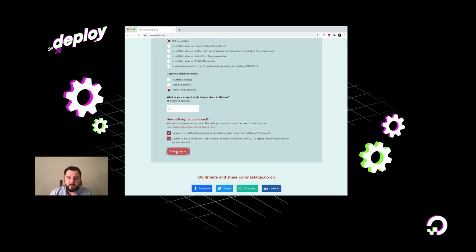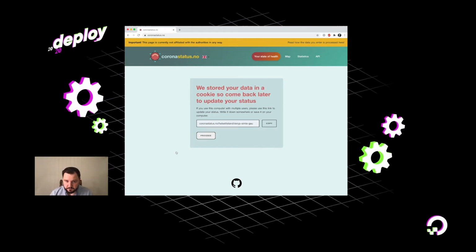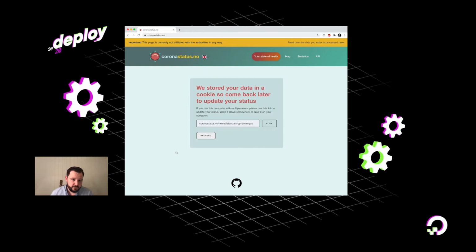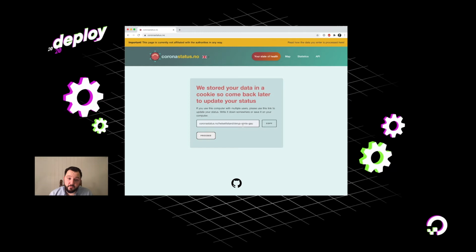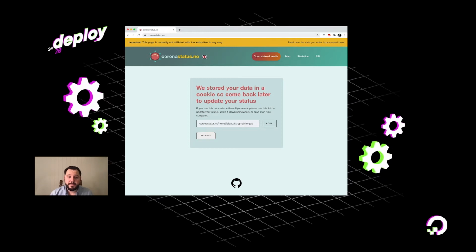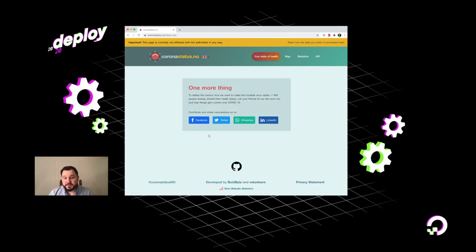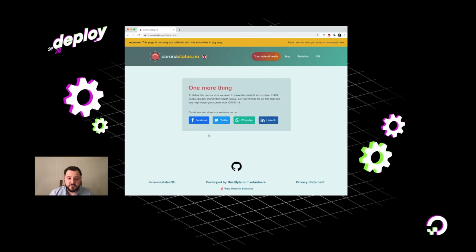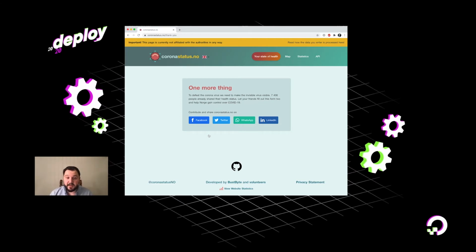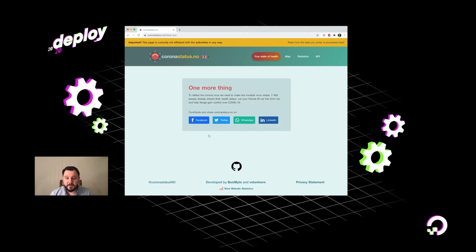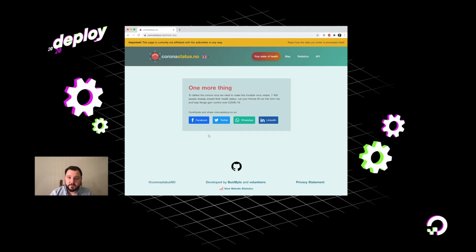And when you submit the report, you'll be told that we've stored the cookie in your browser. So you can simply revisit the website if you want to do that. Or you can manually write down this URL in case you don't want to have a cookie. So if we press proceed here, we ask you to share the link on social media to anyone else, because the whole point of Corona Status is to gather and crowdsource data. So that only works if a lot of people are submitting information. So that's optional, of course.